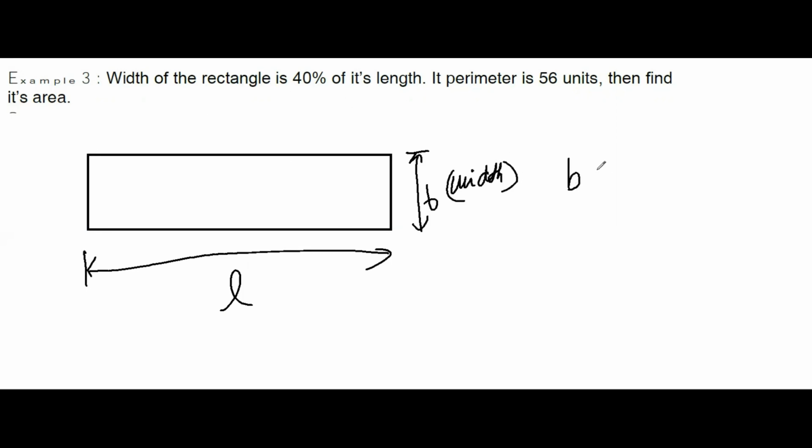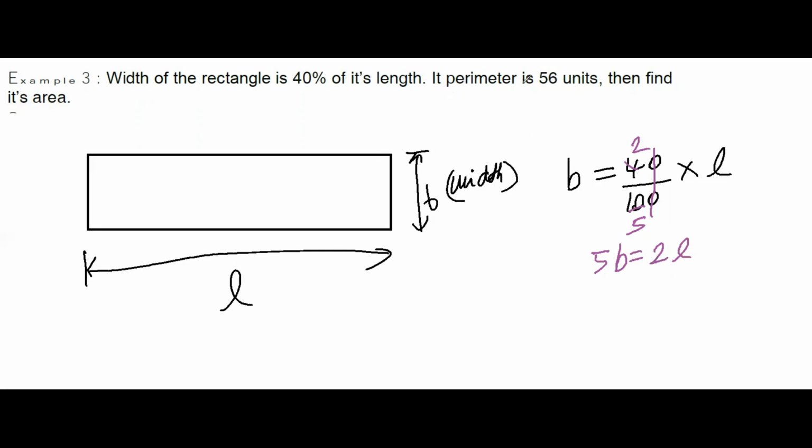So this is B. This is 40. This is called per. This is called cent. Of, this is called of its length. It is this length. So this I can solve further. So these 0 0 will get cancelled. 2 2s are 4, 2 5s are 10. So when I cross multiply, I will get 5b is equal to 2l. So that's what I have understood by this first statement.